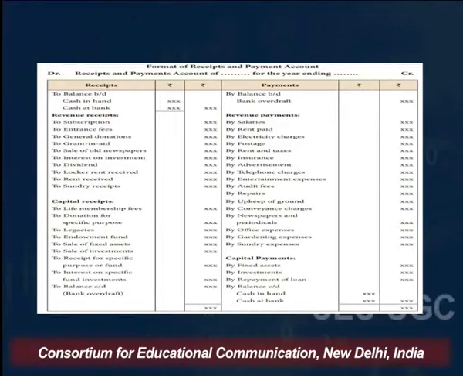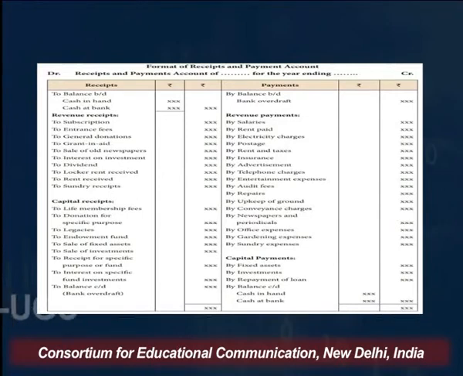This is the amount of locker rent received for lockers which are extended as a service or activity in the non-profit organization. It could be a club where lockers are given. It could be a sports complex where lockers are issued. It could be any religious organization where people come and stay for long. Even there, locker facilities are available. Generally, locker facilities are given on the basis of some rent, hourly rent or monthly rent. So that rent received is also a revenue nature receipt and is going to be recorded in this account.